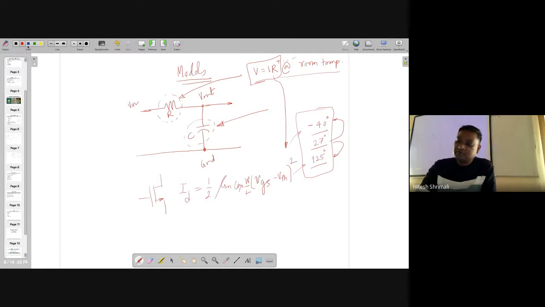So the condition is this is only for the saturation mode of operation, right? For cutoff and other regions like triode, each region will have a different equation. But look at this. This is the standard equation which does not have any second order effects.